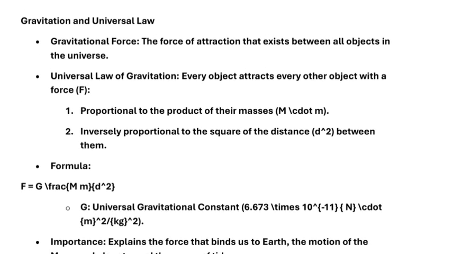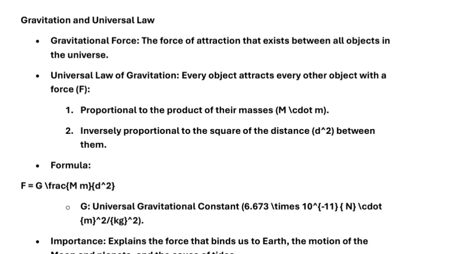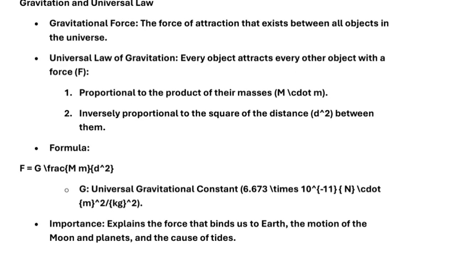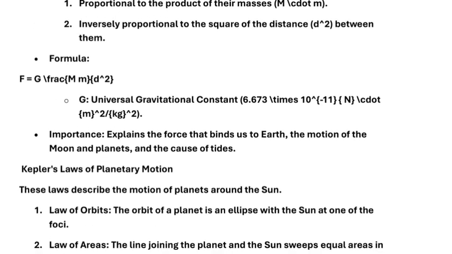Gravitation and the universal law. Gravitational force: the force of attraction that exists between all objects in the universe. Universal law of gravitation: every object attracts every other object with a force, F, 1. Proportional to the product of their masses, m1 m2. 2. Inversely proportional to the square of the distance, d², between them. Formula: F = G m1 m2 / d²,